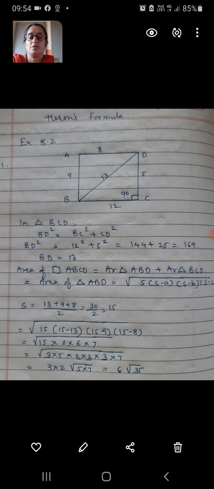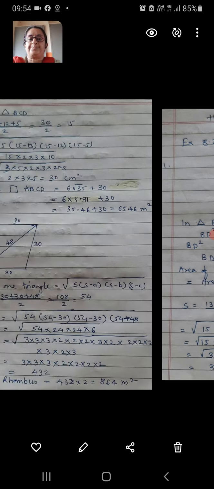Now to find out the root, whatever double numbers are there, we are going to take it out because that will be the root of the number. So there are 3 2's, so take 1 2 out. There are 2 3's, take 1 3 out and the remaining numbers will be in the bracket. So 3 into 2 is 6, will be outside the bracket, that is the root of that number, and 5 into 7, that is 35, will be in the root. So that is the area of the first triangle.